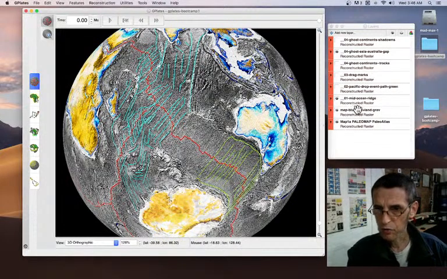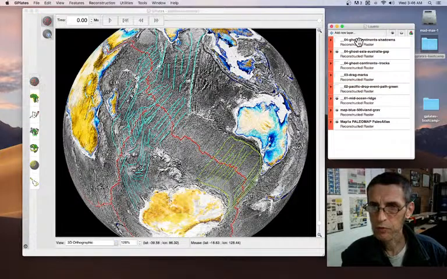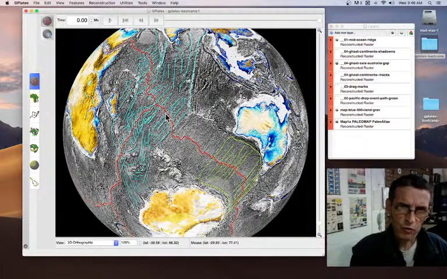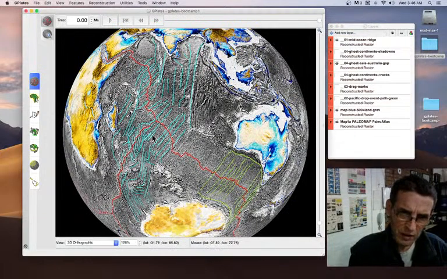Let's put the mid-ocean ridge on the top so it shows. Here we go, it's on the top now. So the mid-ocean ridge is being crossed by this pattern of mountain ranges,